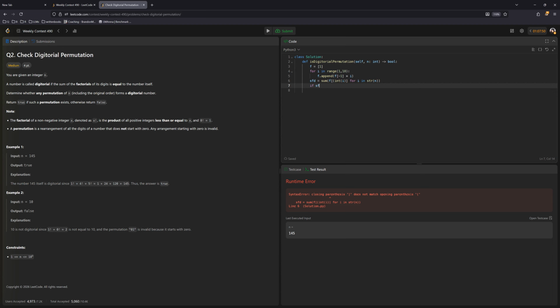So if sum of factorial digits equals n, then we're good to go. Let's do n as a string, str of n, and then we put this here. Sorry, bleeding everywhere. Okay, so